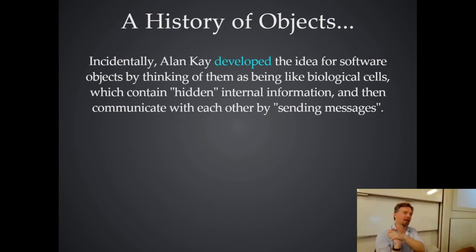And Kay thought that the problem with programs in his day, like in the 60s, is that they were very brittle, very error-prone. One part of a program could muck about with another part of the program, and often did. And this would mean that this thing over here could break this thing. And he said, this is terrible. You need to put shields around the parts so that you can get parts that work on their own and they talk to each other. And if you do that, you'll be able to build much bigger systems that won't fall apart. They won't get super complex, and they'll have these kind of nice organic properties.